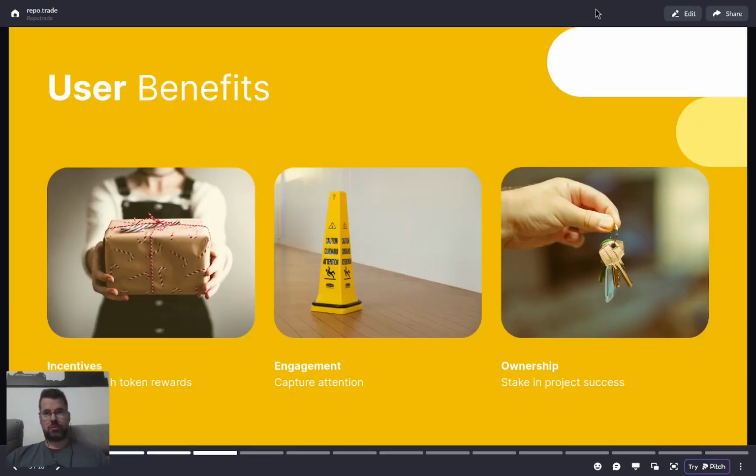Benefits for the user or the holders of those tokens. First of all, there's an incentive for people to go around and educate others about cool new open source software that's helpful. Secondly, with a token behind an open source project, we can capture attention. Here something is going on, this token volume is exploding, let's just look into the source code of the underlying repository. Thirdly, there's some sort of a stake in the project's success, a feeling of ownership and being part of a community.